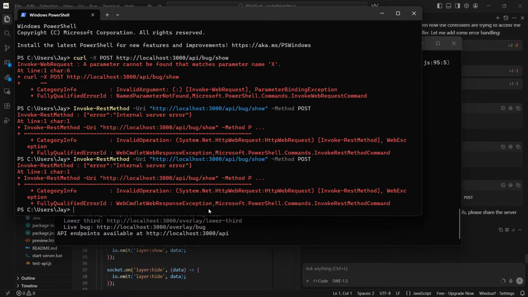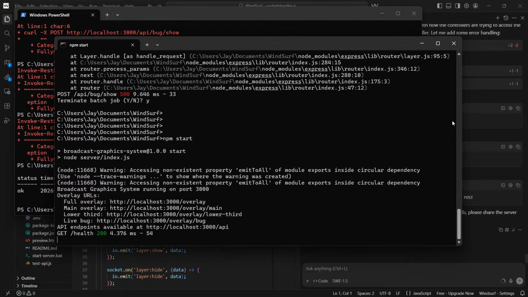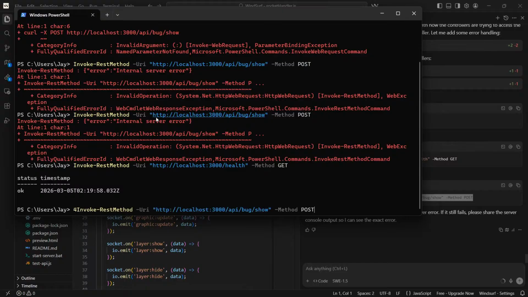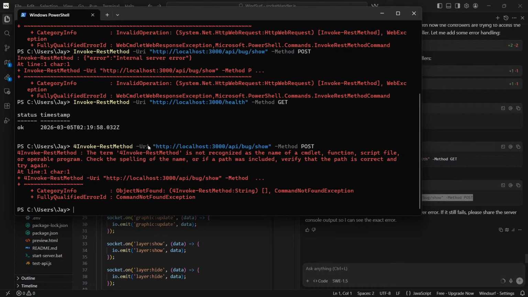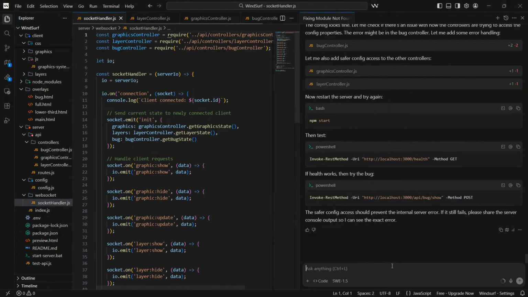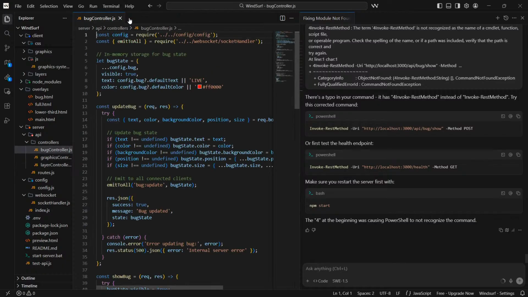PowerShell. So that did something. Get health. Okay. So now we can do this, and hopefully actually it works. Nope. But you get the point. This is basically what you keep doing over and over again. And if I was really trying to make this thing